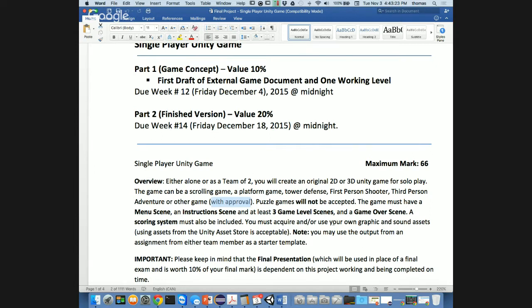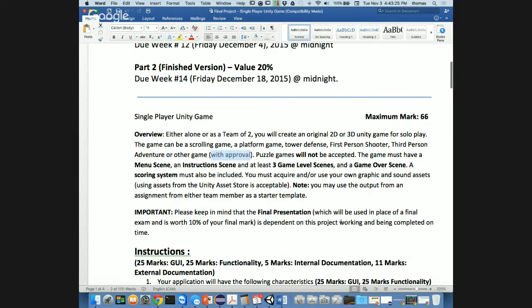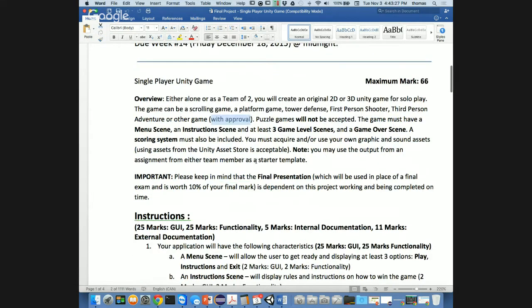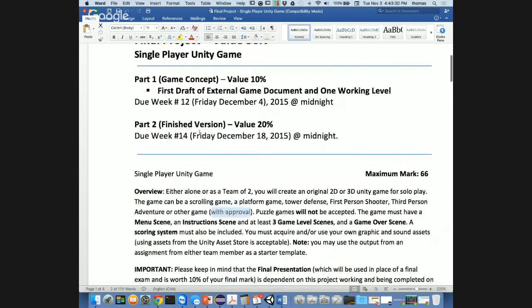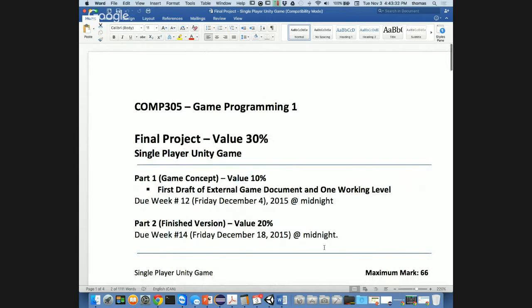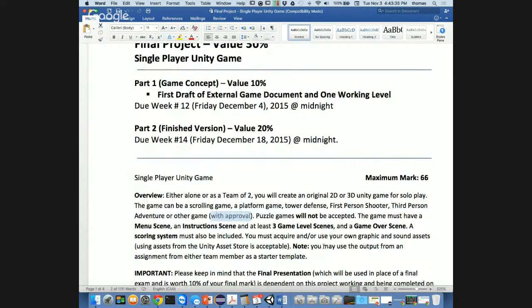So I've kind of changed this up a little bit for this game. All right. We'll also be doing a final presentation, right? So this is not part of this sequence, part 1, part 2. Your final presentation is a little separate, and the reason I made it separate completely from this one is, although it depends on these two, and I probably could have made part 1, part 2, part 3, I didn't want to make the final project more than 30%, right? Really, at the end of the day, your final project and your presentation is worth a combined 40% of your final mark, which means it's like an exam and an assignment together.